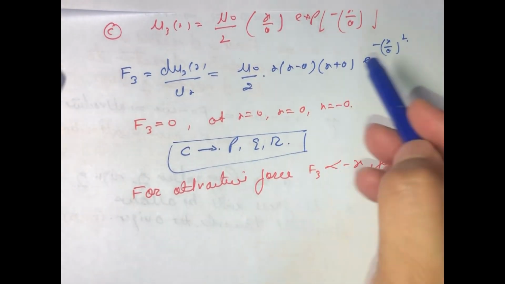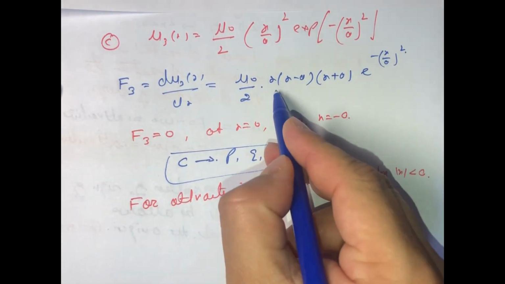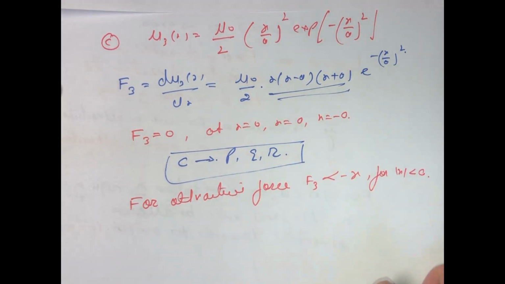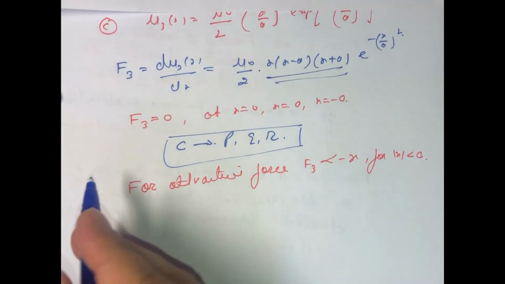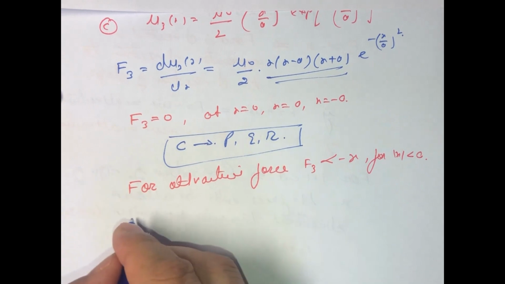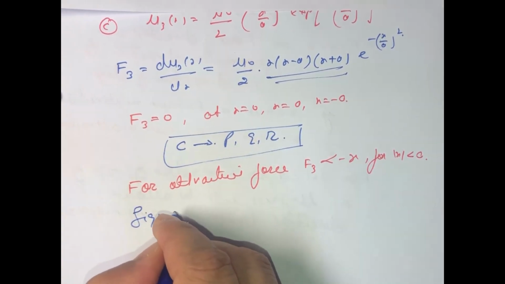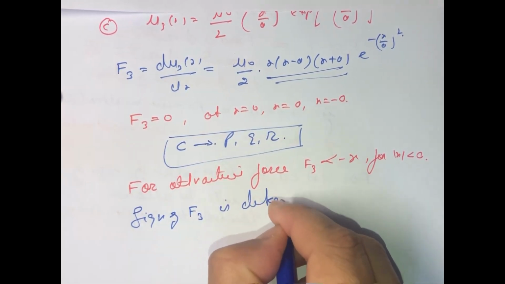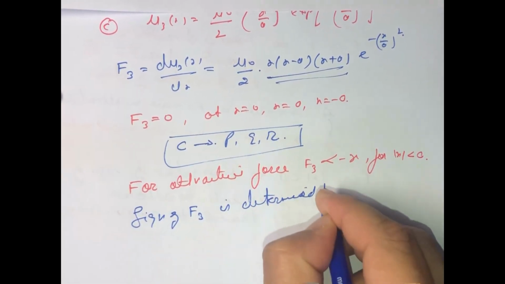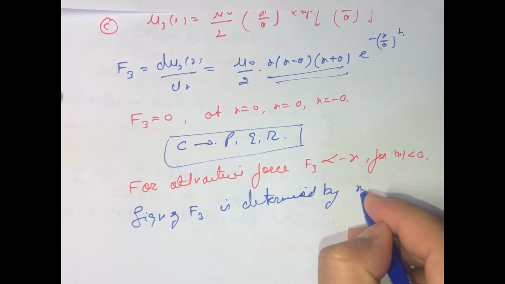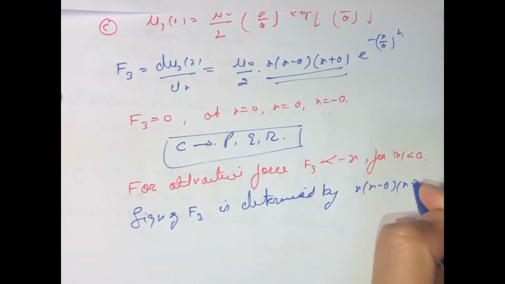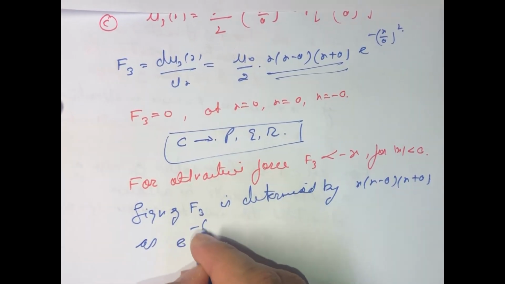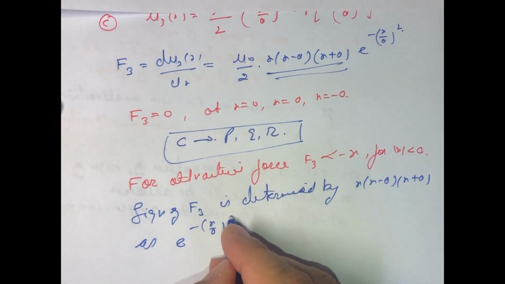So here, if you see the equation, the sign of F3 is mainly determined by this, because this will be a decreasing function. We can say sign of F3 is determined by x minus a, and x plus a as e raised to power minus x upon a whole square